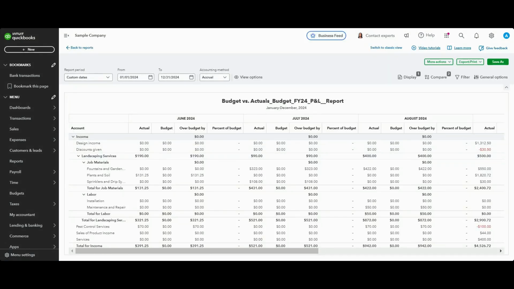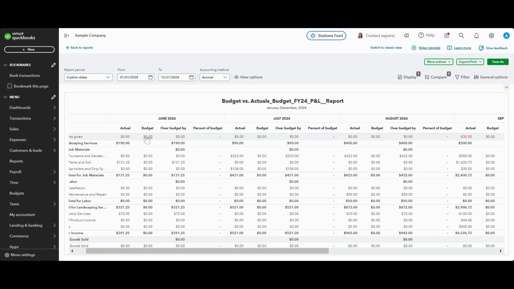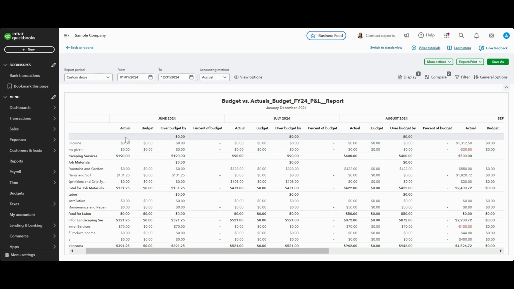Now, I love looking at this report because this report shows me exactly what's going on in my business, meaning what did I expect my business to do and where is it actually going? And it compares the two. Month by month, I can look at my data. For example, June, this is what I budgeted for. This is what the actual numbers are. If it's over budget or under budget, and what the percentage is,